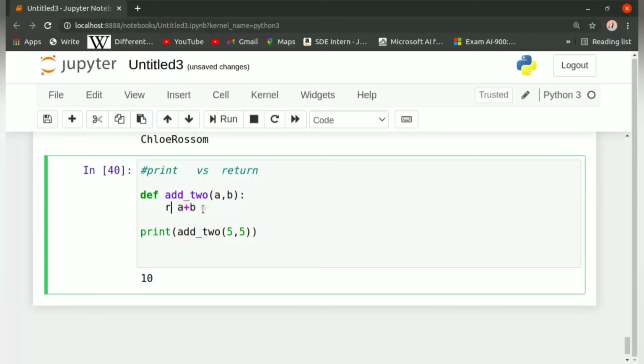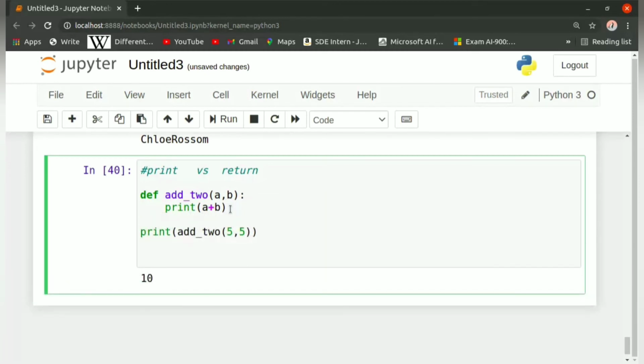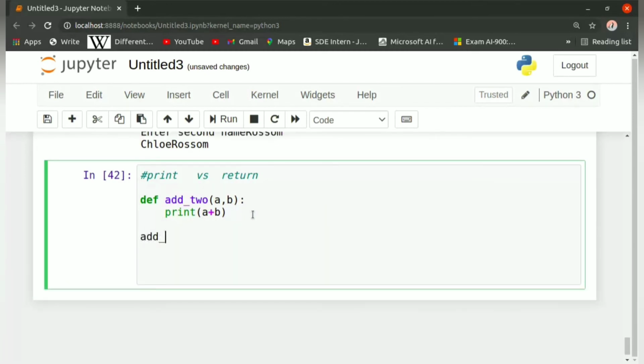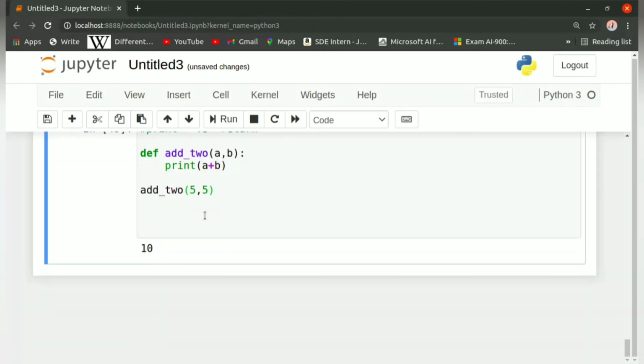So we'll use print(a + b), with parentheses because print is written that way. Now let us call the function and write add2(5, 5) again, and run this and see what the output is. So here we have 10. This is how print and return work.